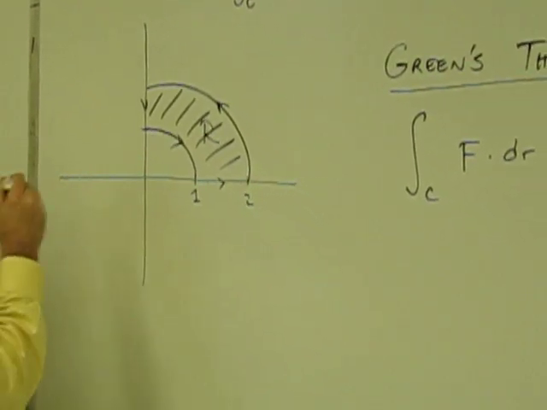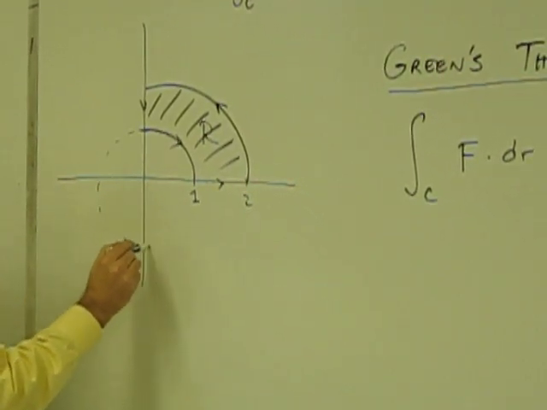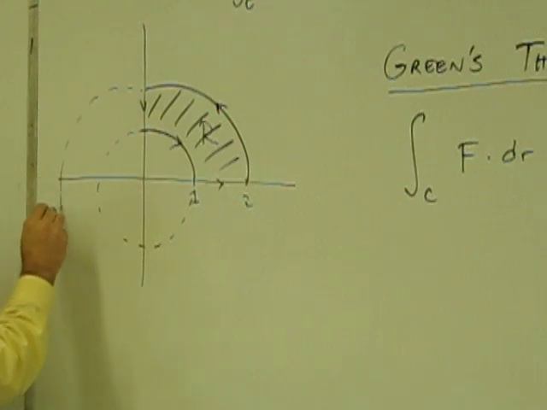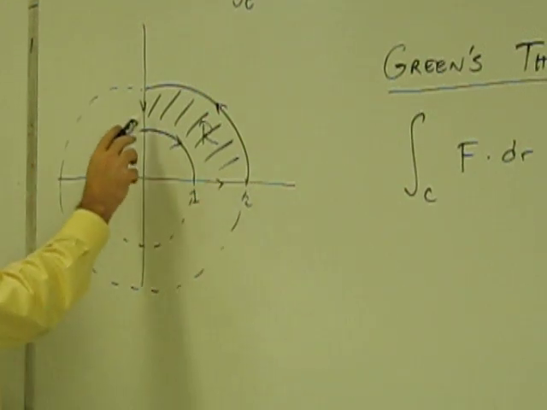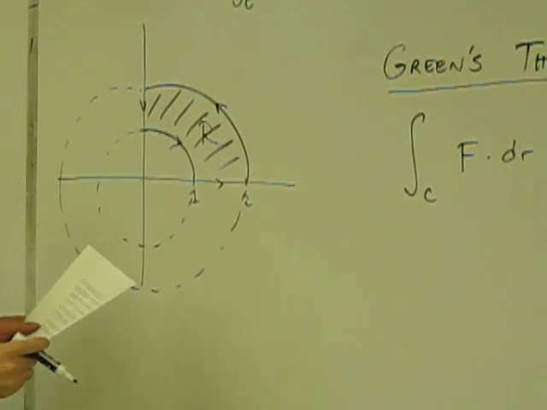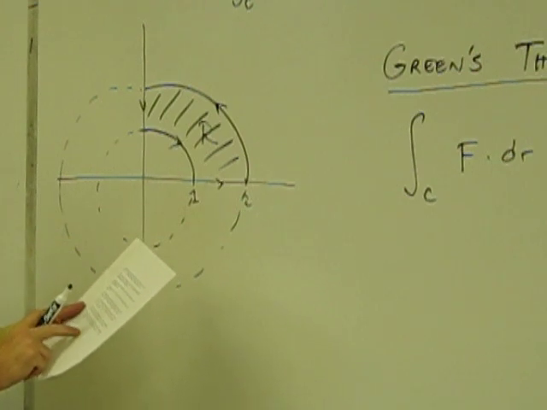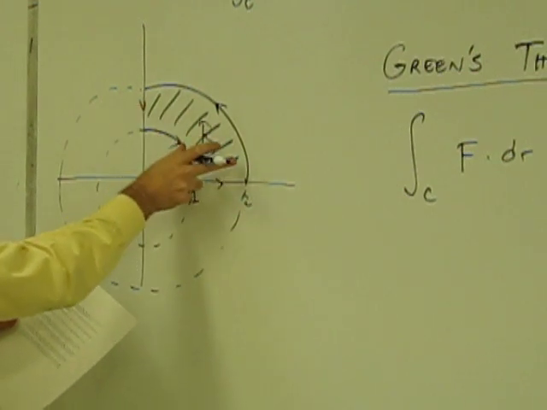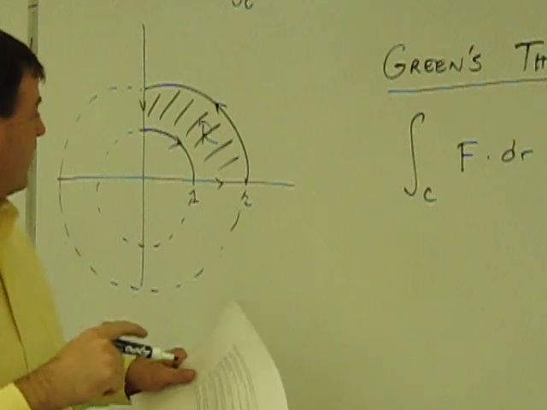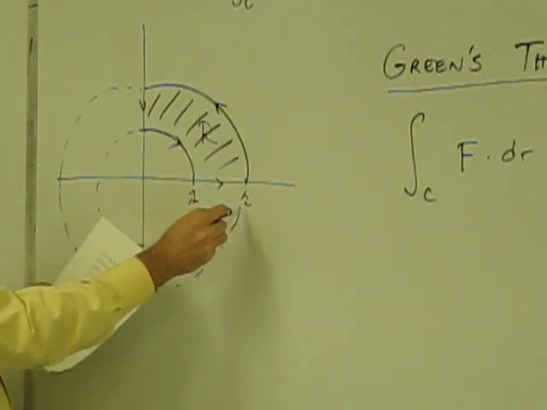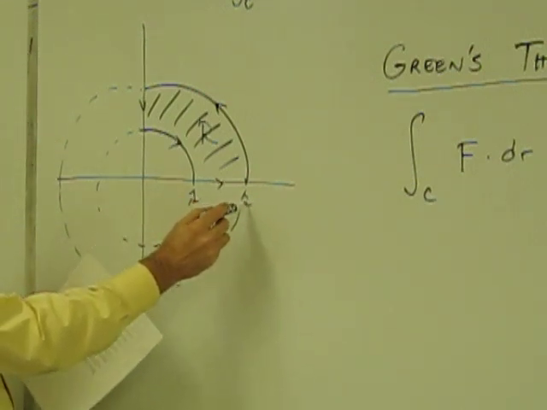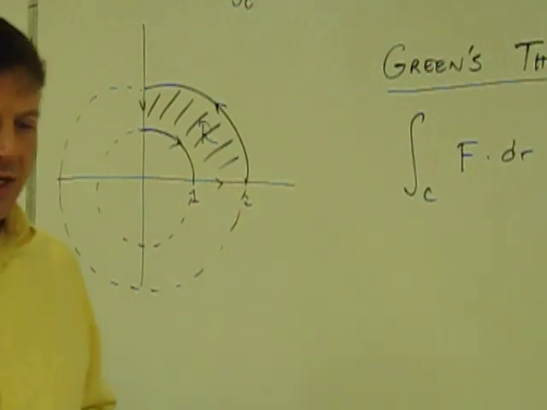What they mean by annular region is that it's an annulus, which is this thing right here. But we're only dealing with a portion of this. So it's the annular region in the first quadrant. That's why I have it drawn that way. Between the circles of radius 1 and the circle of radius 2. So there's our